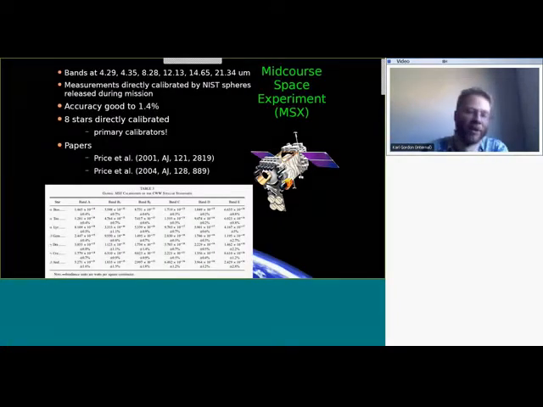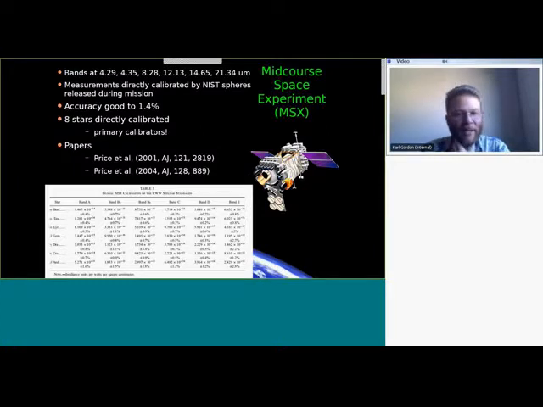I want to mention a bit more here. Here's the Midcourse Space Experiment. This was an experiment flown by the Air Force to map the galactic plane and some other places, and they spent a significant amount of time on calibration. Those are the wavelengths where they had bands. And the interesting thing about MSX is it didn't just go up into space and measure. It actually had